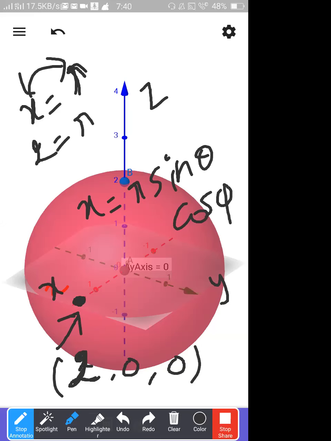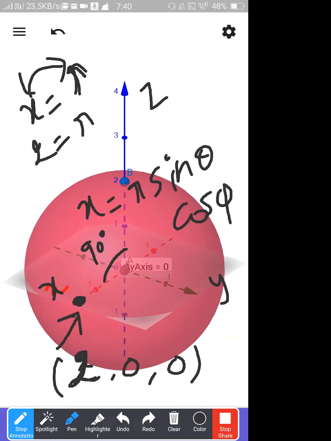Then in this case, what is theta, sir? I have chosen a point. For that point, what is theta? Anybody? I have chosen a point x here. For this point, what is theta? Somebody please give me the answer. I have chosen a point on the x-axis. Yes, 90 degrees. Why? You have to measure the angle from the z-axis. So it is 90 degrees.